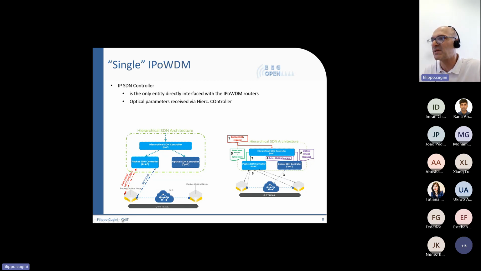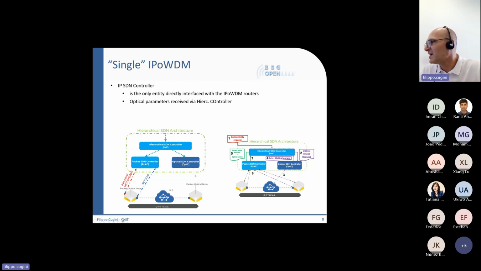So there are several parameters that need to be configured in this device, and they depend on, for example, the impairments that are experienced here. So if it is a very long connection, we need a more robust modulation format, for example. Or if it is a short one, we can take a higher order modulation format. But how does the router know what the distance is? Because this is known only by the optical controller.